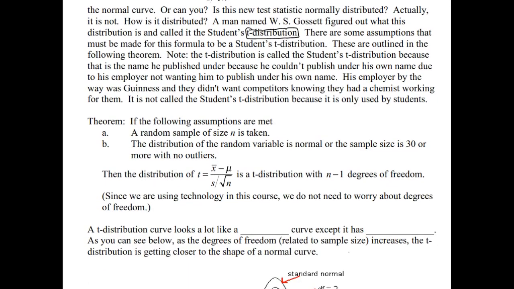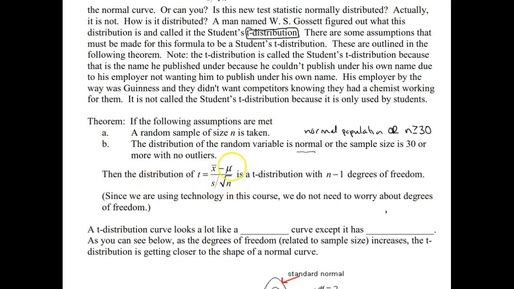So we have a theorem here that looks very similar to something we used in chapter 6 for the normal distribution, only slightly altered to use this t-distribution instead. So again, we're going to assume we took a random sample of size n, and the distribution of the random variable that we start with either has to be normal or the sample size has to be at least 30. So we had this condition back in chapter 6 as well. So we either need a normal population or n has to be at least 30. And we don't want any outliers in the data set. Like I said, in this intro course, we're just not going to deal with how we deal with outliers.